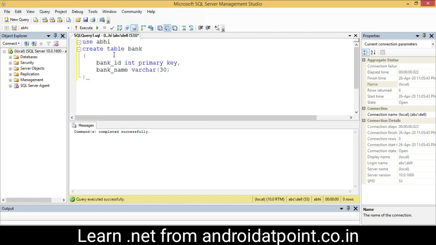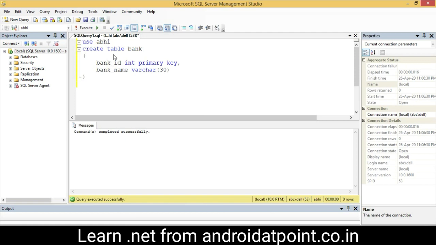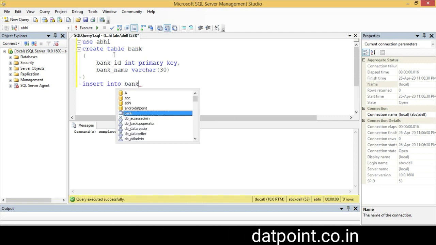Okay, and select it, execute it. Okay, my table bank is successfully created here.